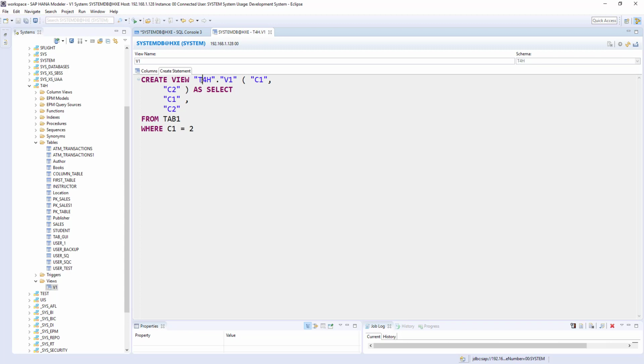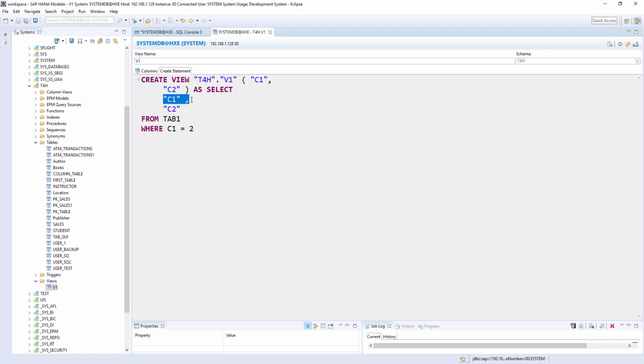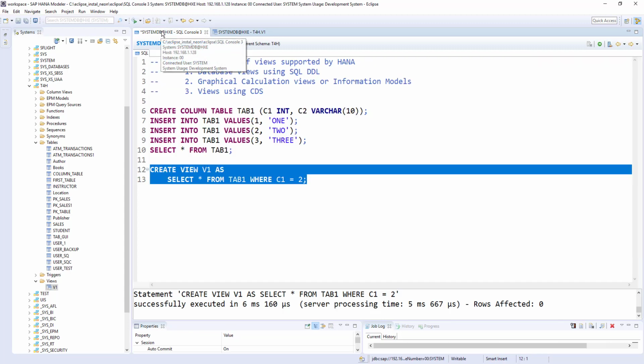The definition is create view v1 (c1, c2) as select c1, c2 from tab 1 where c1 is equal to 2. This is what we provided, the same syntax. It just concatenated the schema name. Let me close that.